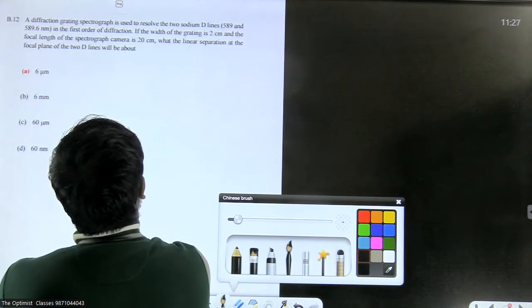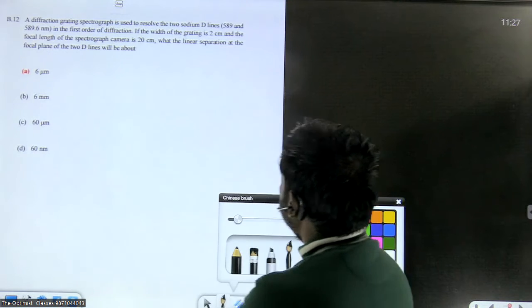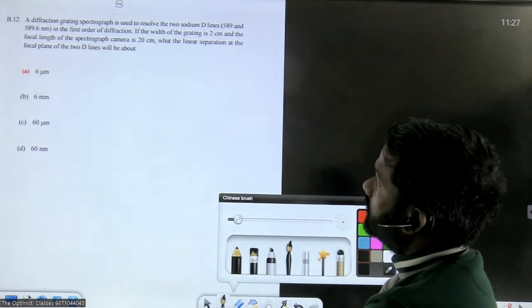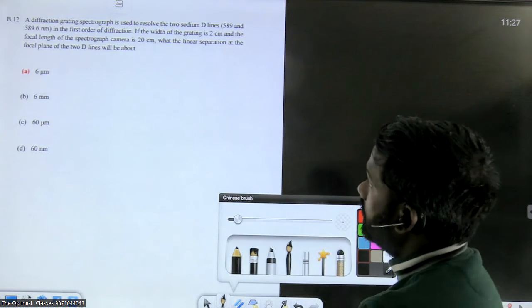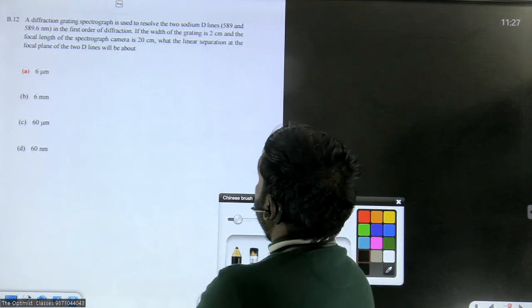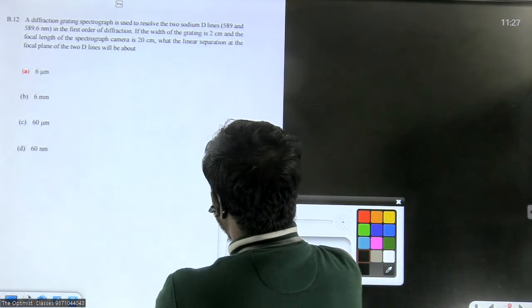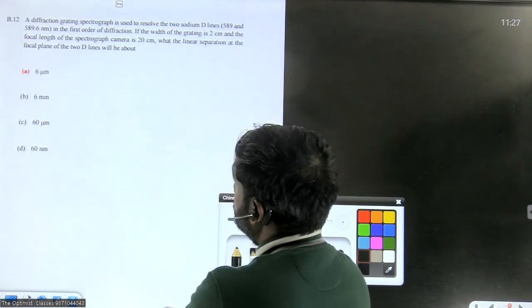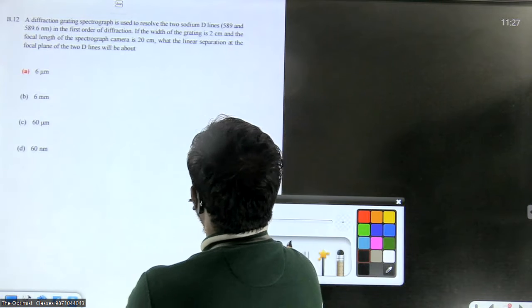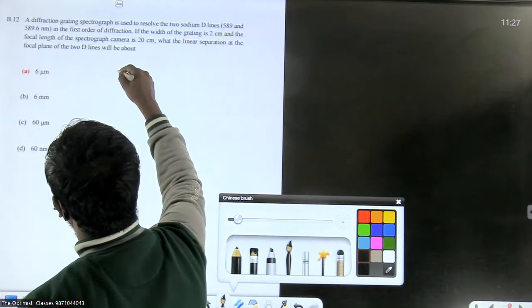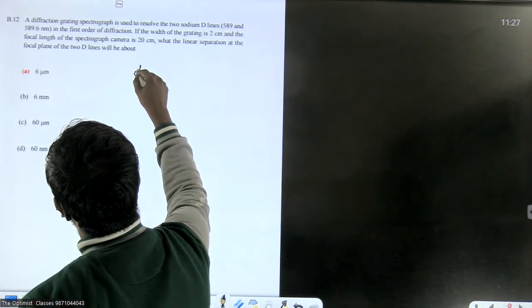Okay, so if the width of the grating is 2 centimeter and the focal length of the spectrograph camera is 20 centimeter, what will be the linear separation at the focal plane of the two D lines? Linear separation we have to calculate. So let us calculate the diffraction angle. See, we'll write d sin theta